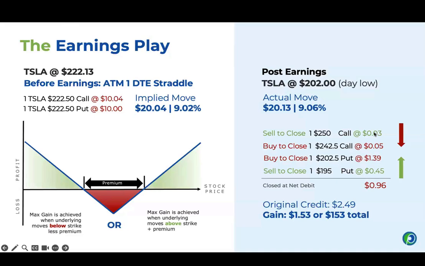So let me pull back up the chat. I'm happy to pull up OptionsPlay, but we'll go through some questions, and let me know if there are any other questions you want answered or anything else you need clarification on. Please repeat how you arrived at the implied move percentage. Of course. So this one here